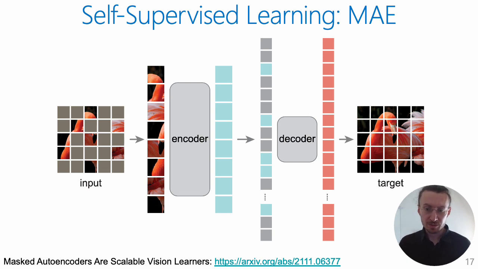To provide more details, during the training of the MAE encoder, a large random subset of the input image is masked out. The encoder is applied to the small subset of the visible input image, and then in the middle we arrive at a small representation after the encoder part. Then the small decoder reconstructs the original image in pixels starting from this low-dimensional representation vector. After this training, the decoder is discarded and the encoder is applied to uncorrupted images for recognition tasks.